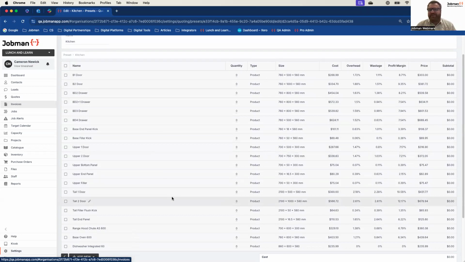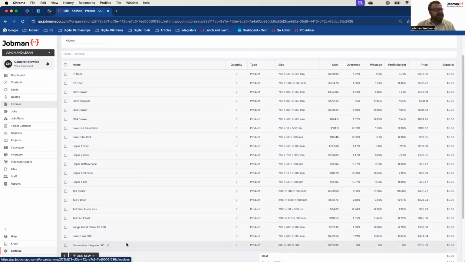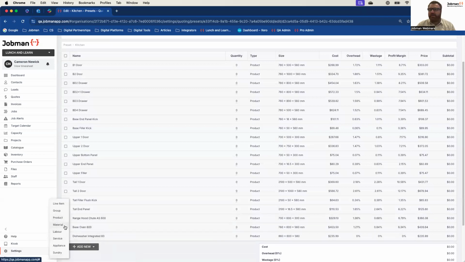Keep in mind, inside a quote, just because I've added the preset, I can still add anything into the quote. So I can add all the extra stuff. I can still add materials. I can add line items. I can add services. I can add all the extra bits into the quote live. Just because they're not on my preset doesn't matter. The preset just takes care of the majority of all the things you don't want to forget about, all the things you definitely want to happen. Bring that preset in, apply the quantities, apply the style items if relevant. Bang. Fast, efficient, profitable quoting.